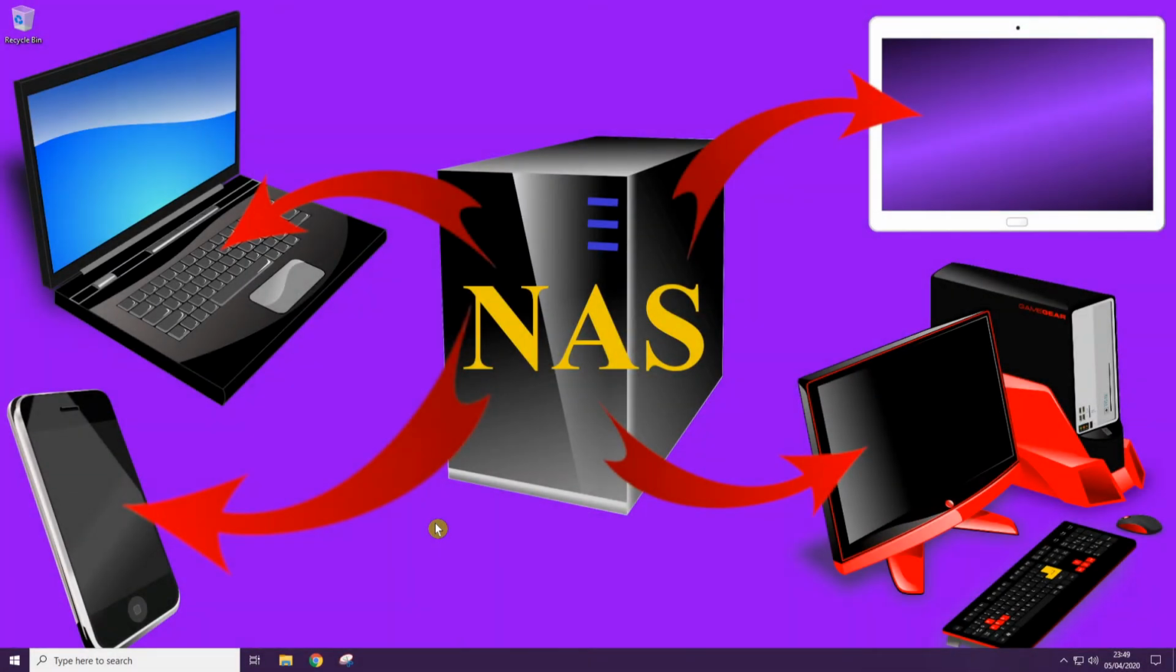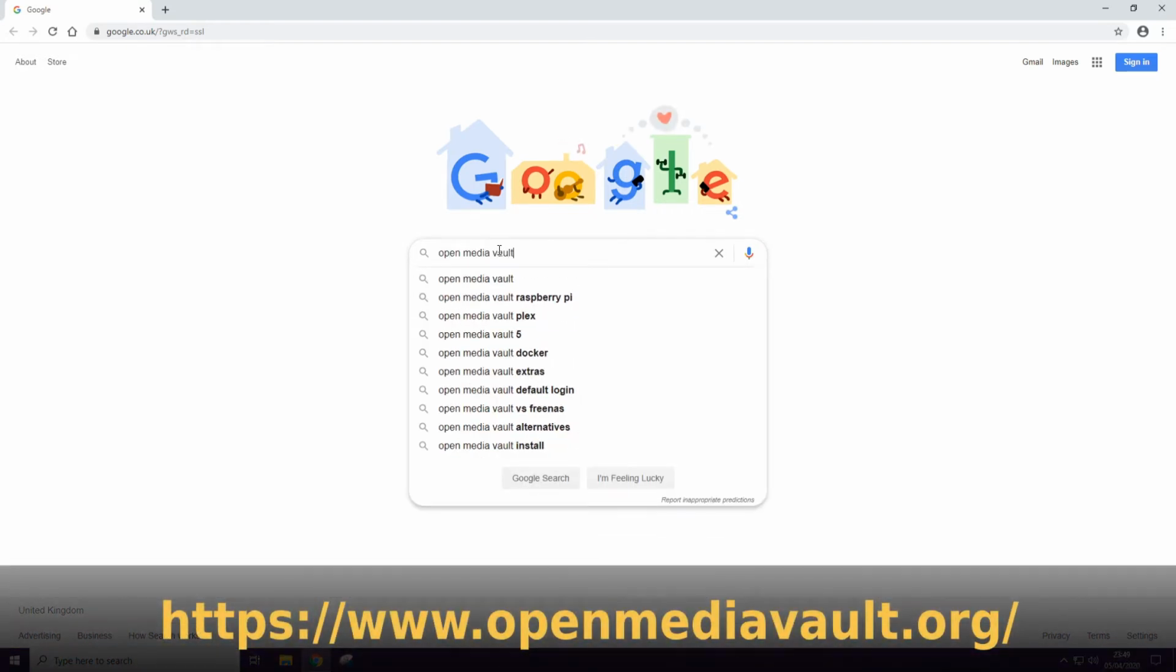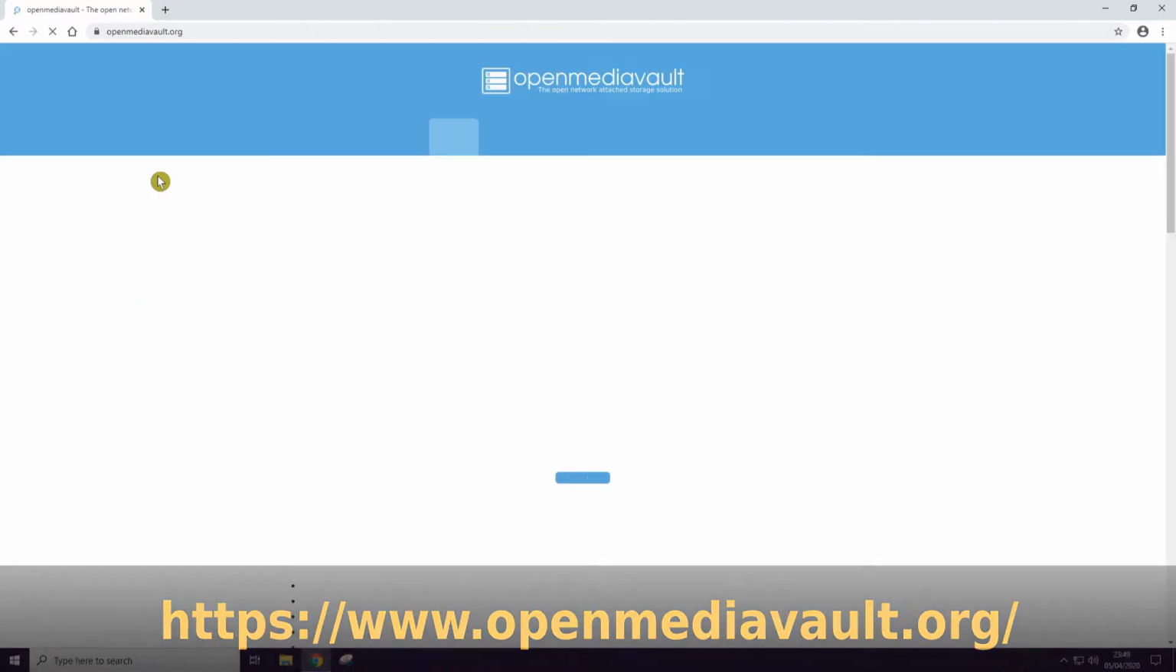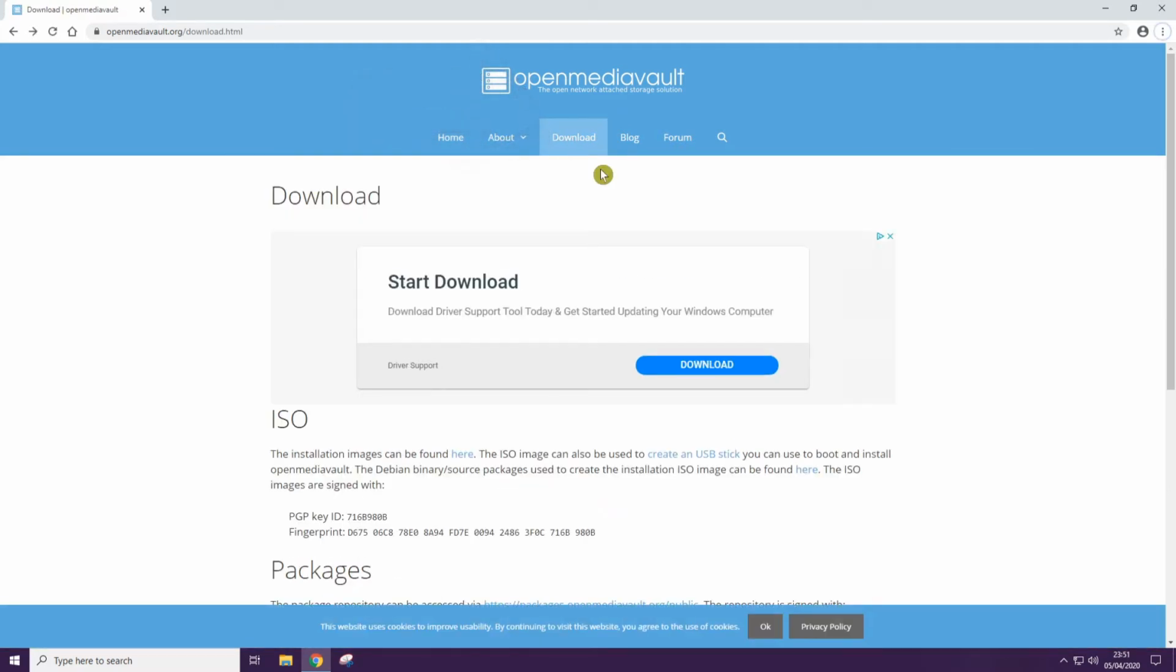Okay, first things first, let's fire up a web browser. And we're going to search for openmediavault, and here we go. So it's www.openmediavault.org, and on the website homepage we're going to go to the download tab, and if we look on the download page under the ISO section, we've got the installation images can be found here. So if we click on the here,